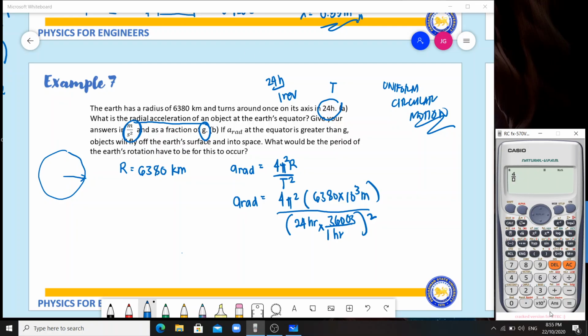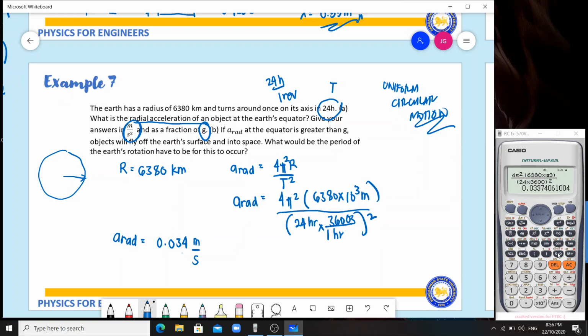4 pi squared, 6,380 over 24 times 36 squared. So we have an acceleration of 0.034